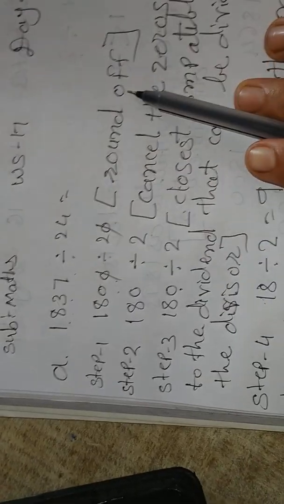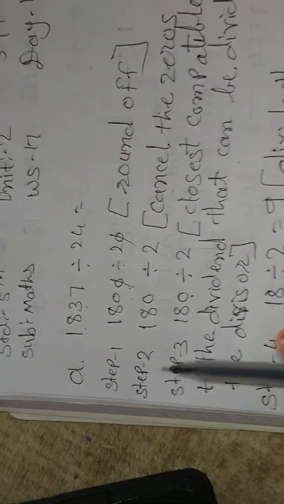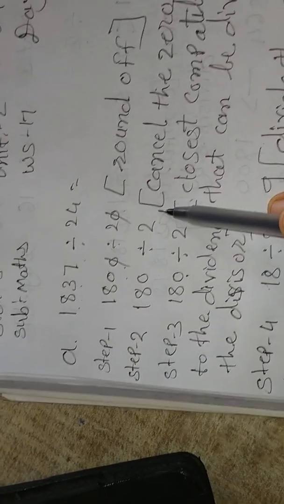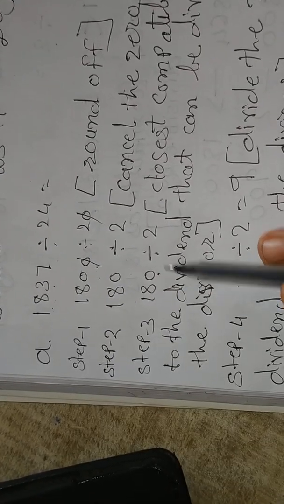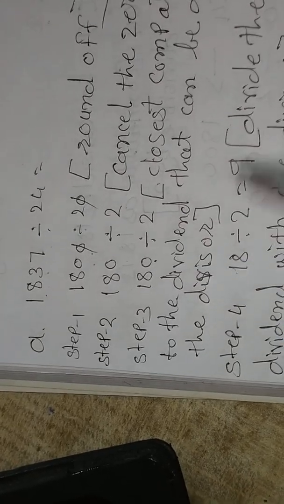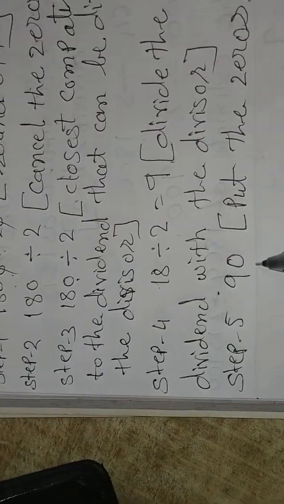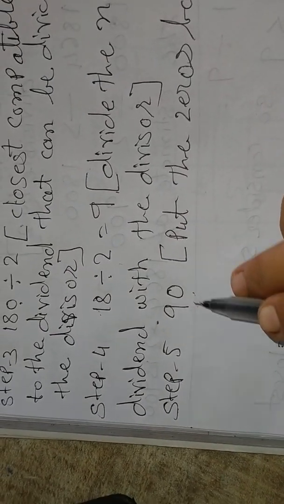राउंड ऑफ हम लोगों ने कर लिया. ठीक है. देन स्टेप नंबर 2, वी हैव टू कट 110. सो 18 डिवाइड बाई 2. Then we have to find the closest number of the division. So what we have to do, we have to cut the 0. So 18 divided by 2, 2 nines are 18. Again we have to put the zeros there, put the 0 back, so we'll get the answer.